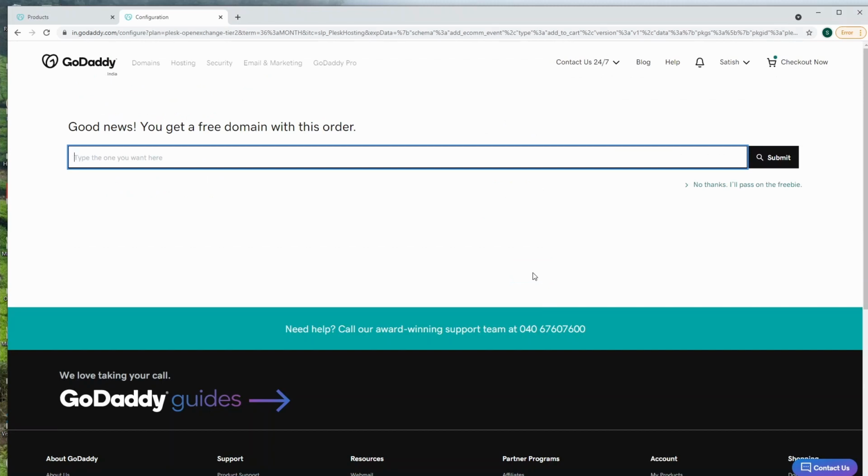We have to buy a domain so that you can see the front end, and they will use this domain as the primary domain for the hosting that we are going to buy. Make sure that you have typed your spelling correctly.